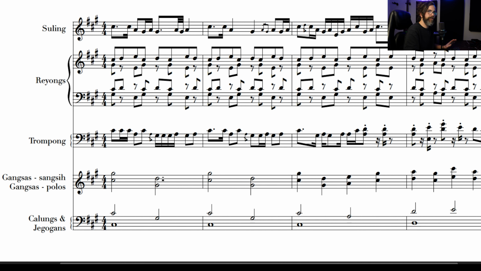So let's think orchestration now. This was the main melody played by some of the metallophones, which are in the medium register. So under them, one octave lower, these are the chalungs and the jegogans. The chalungs here are playing the same note, an octave apart. But see here that they continue the rhythm of half notes. They are not going into quarter notes like this upper part. So you see they are only meeting on the C sharp and on the A.